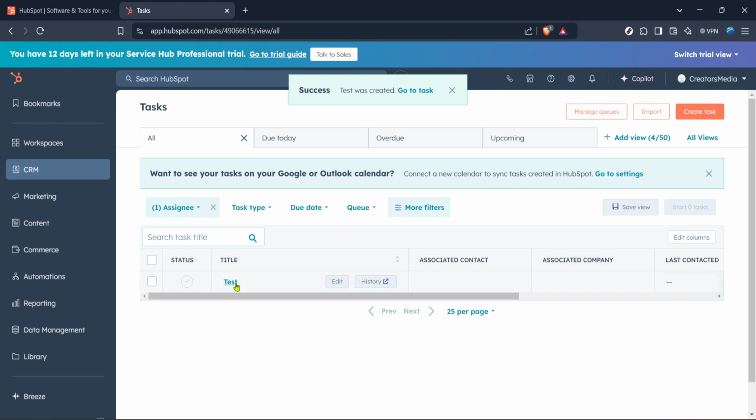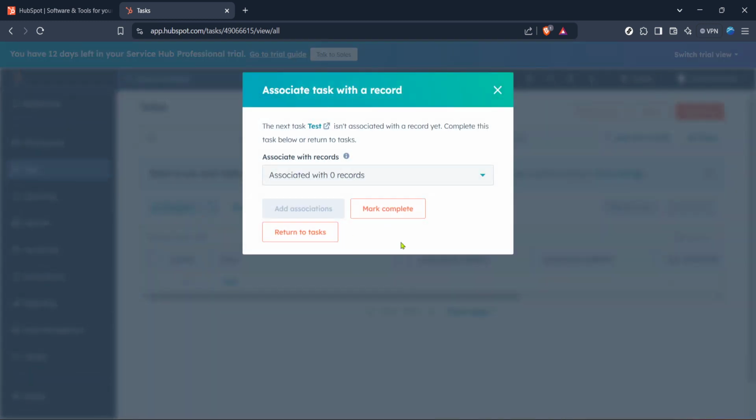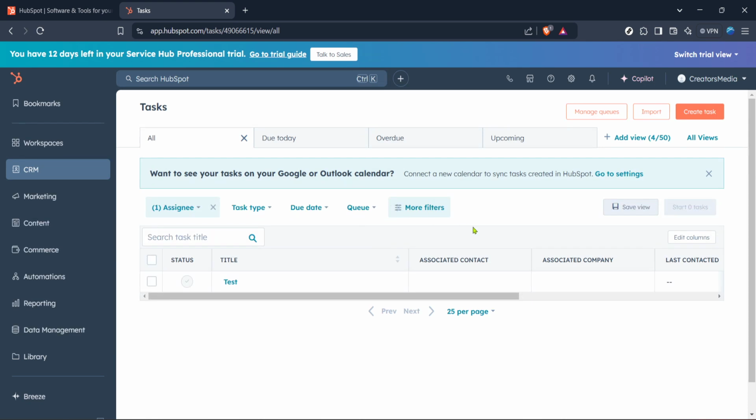And there you have it. By following these straightforward steps, you've successfully navigated how to use HubSpot tasks. Remember to check back with your task list regularly to stay organized and make full use of this powerful feature. With practice, using tasks will become second nature and increase your productivity